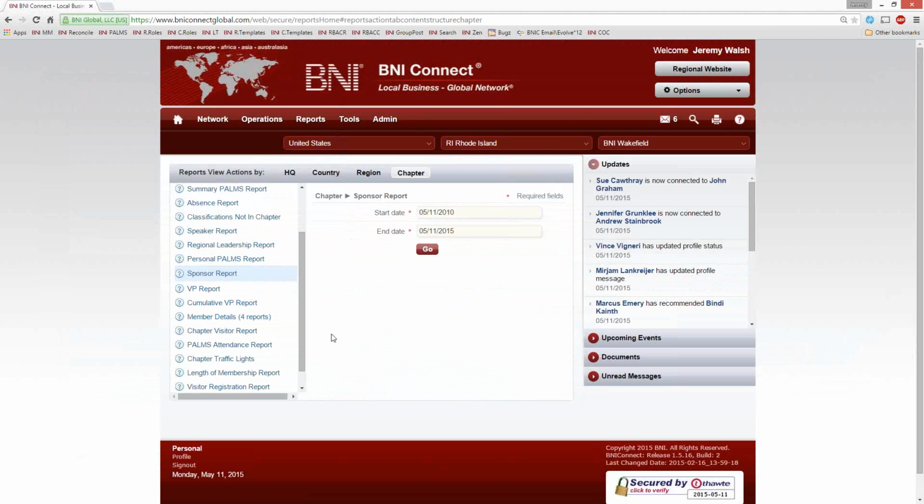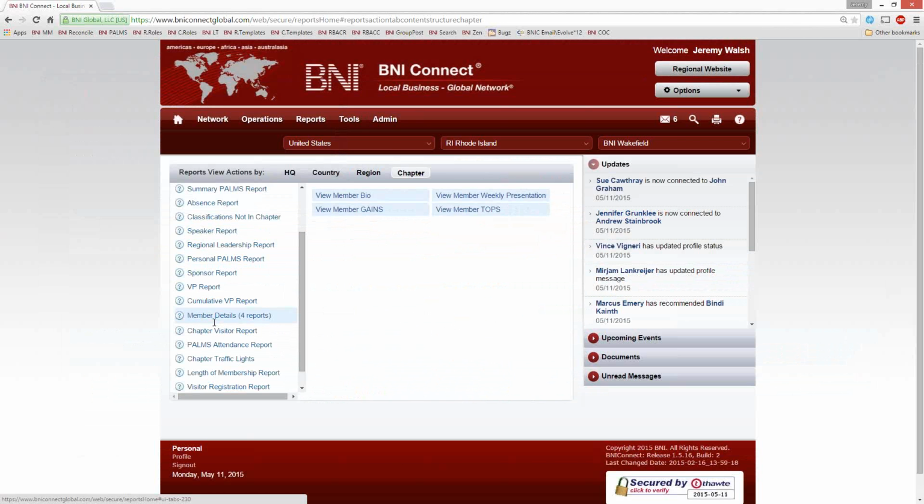As a secretary-treasurer, another thing that you're going to be doing is when you go to introduce your members before their 10-minute or feature presentation, you can also look up that information. Traditionally, we've always handed out a piece of paper saying, okay, fill out this bio so I can introduce you. If members are going in and filling out their profiles, you don't need to chase them down for that piece of paper anymore. You can just go to their member details report, click on View Member Bio,